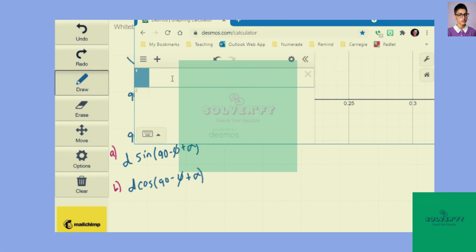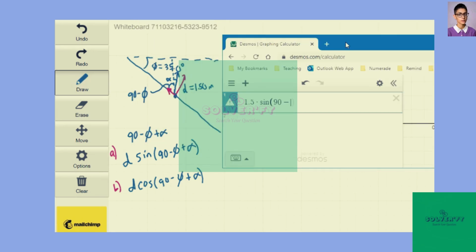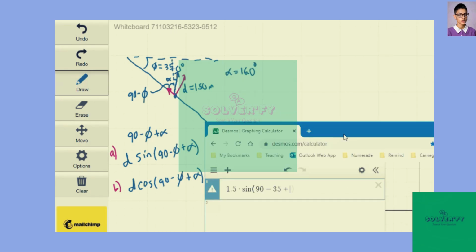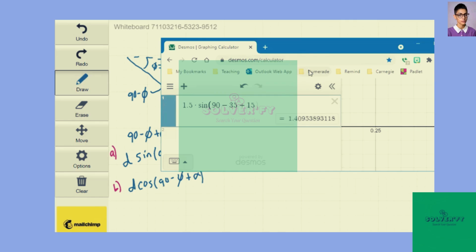D is 1.5 sine of 90 minus phi, which was 35, plus alpha, which was 16, gives me